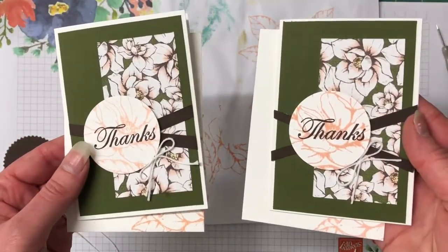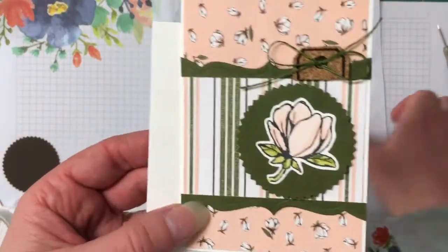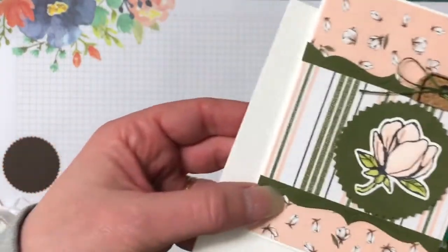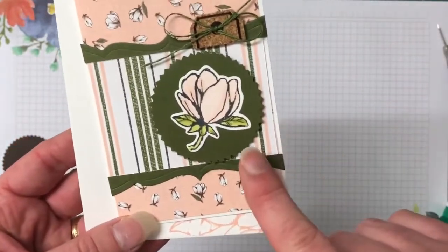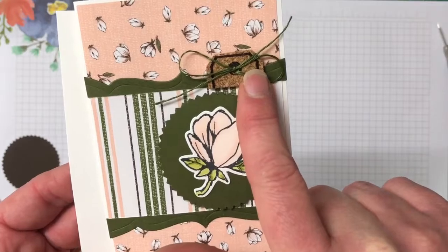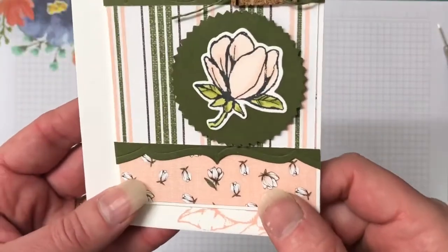card. So let's make our very last one, our 5th card. And the 5th card is this one here. It's a little bit more in depth, and I want to show you. So we have the cork embellishment in the background. This gorgeous detail here that's made with the